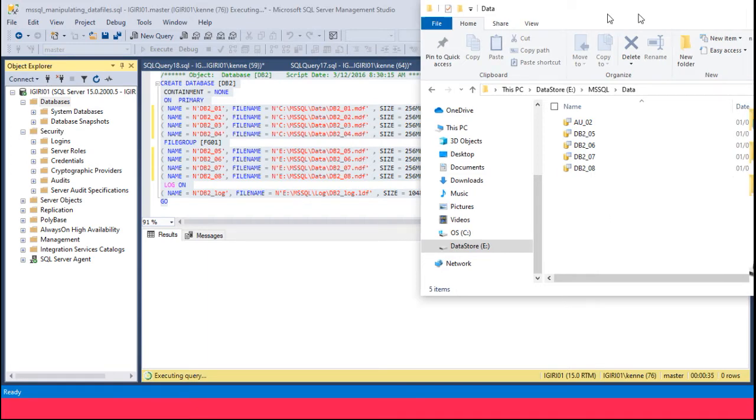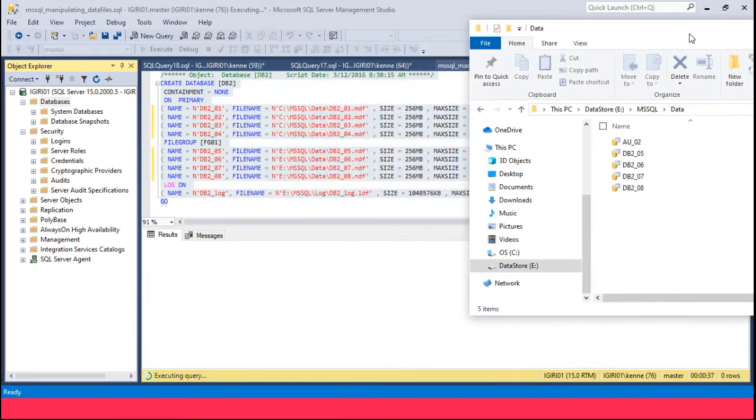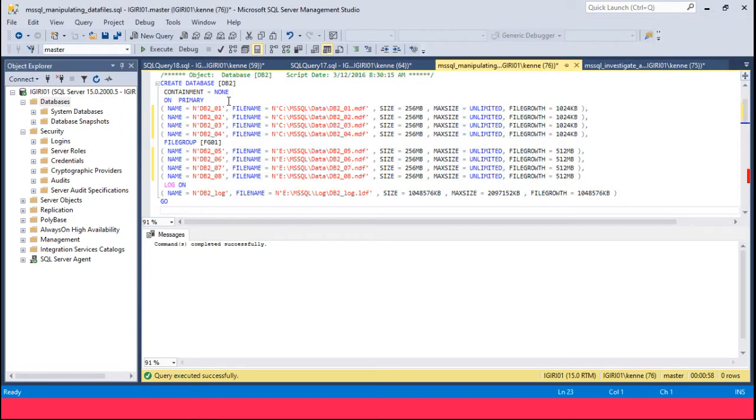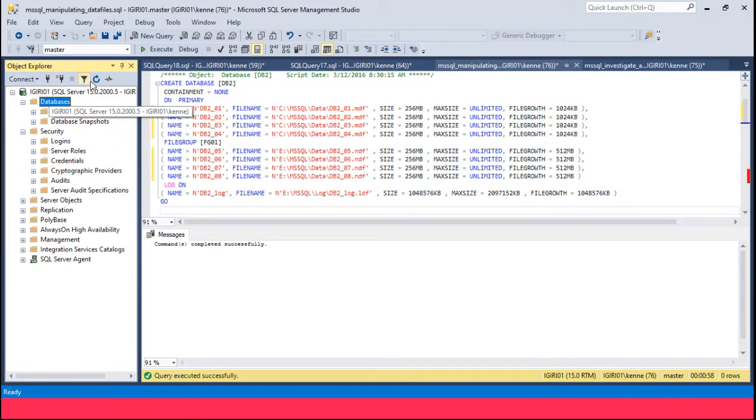And that does the creation also. Okay. All right, good. Done. So we now have our DB2,